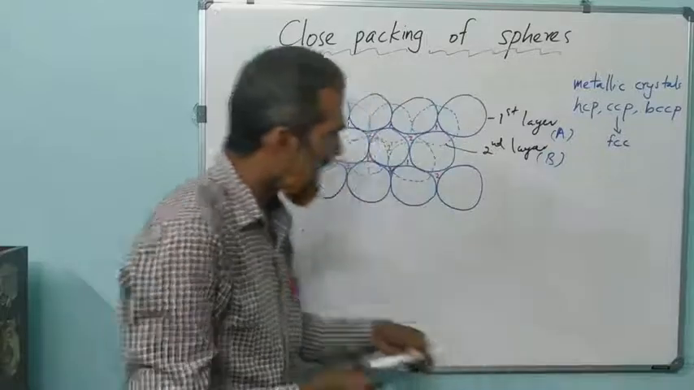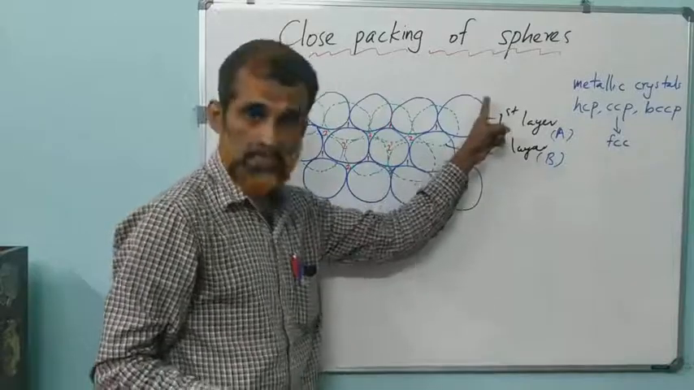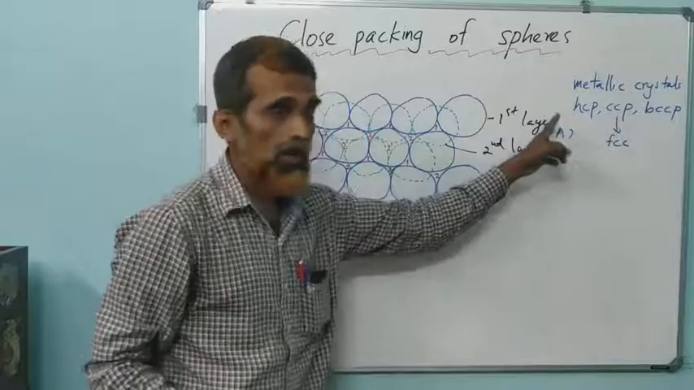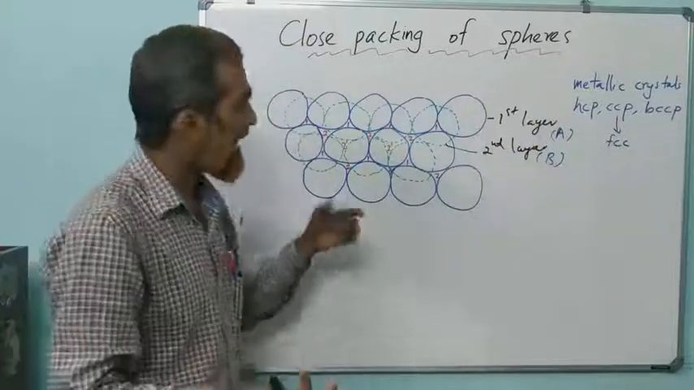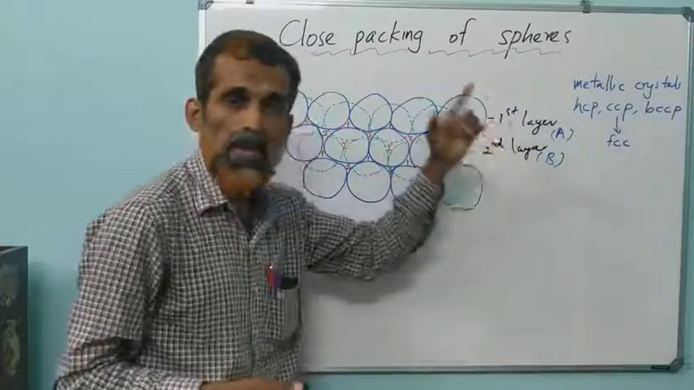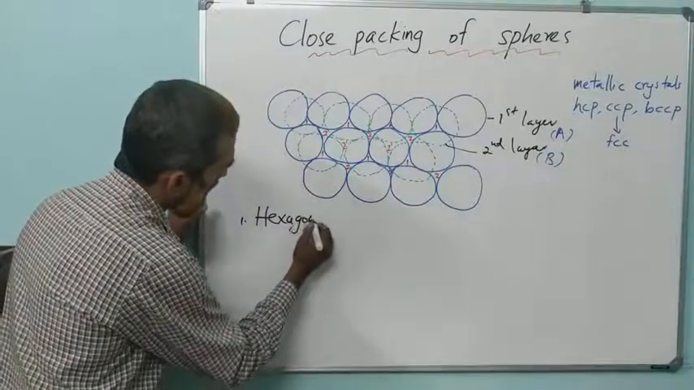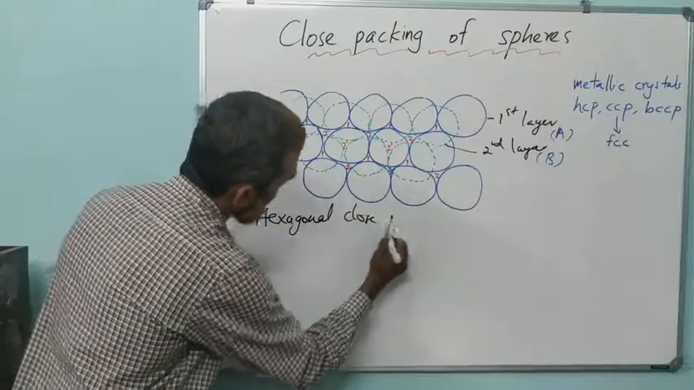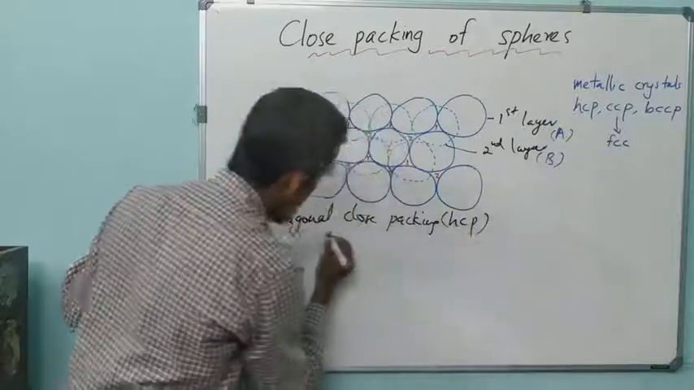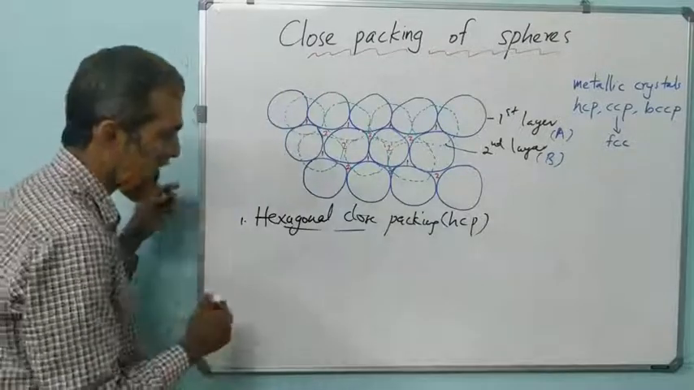That means here the third layer is exactly above the first layer. Okay, the third layer comes exactly above the first layer, that we call again A. Then the fourth will be exactly above the second layer automatically. So the pattern will be ABAB, etc. type. That is known as hexagonal close packing. Hexagonal close packing, or abbreviated HCP. So this is one type of close packing in some of the crystals. HCP, we can call it